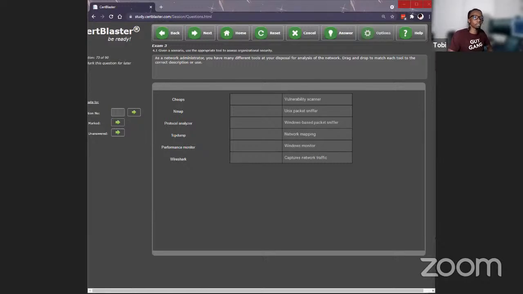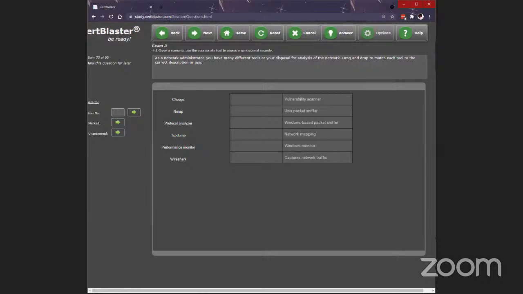Okay, so we're going to drag this. Would you put it over here or over here? Which one do you think is a little bit more specific for TCPdump? The second one, right? Because Unix and Linux are similar. They're not entirely the same, but they are similar. All right.